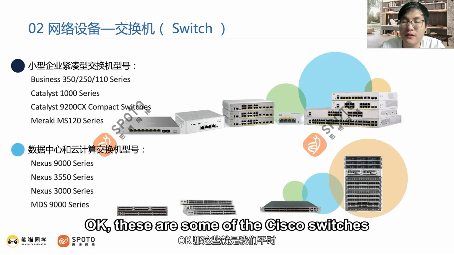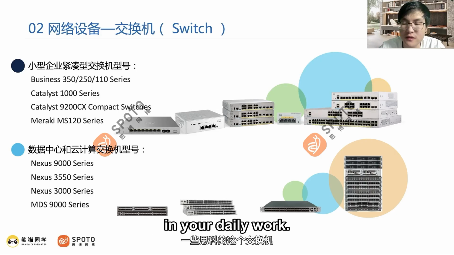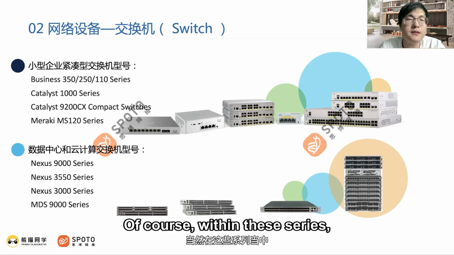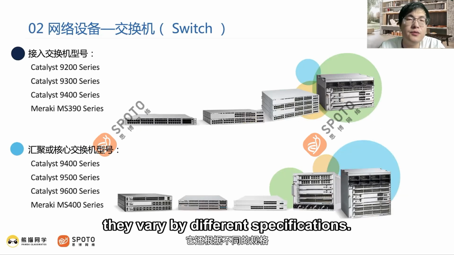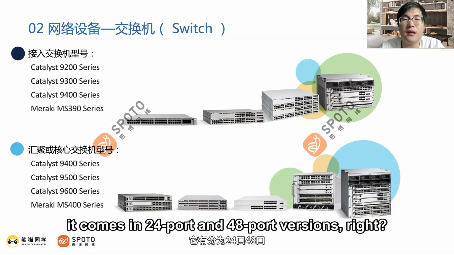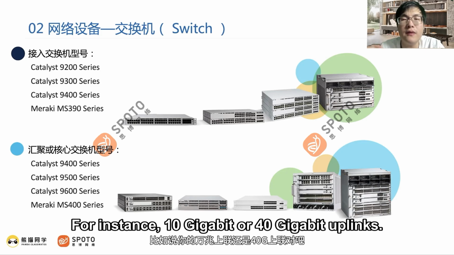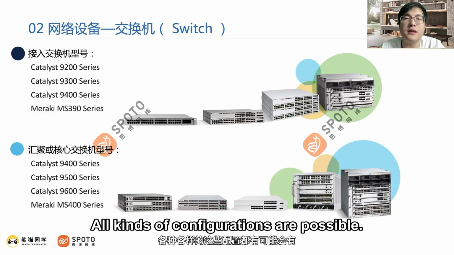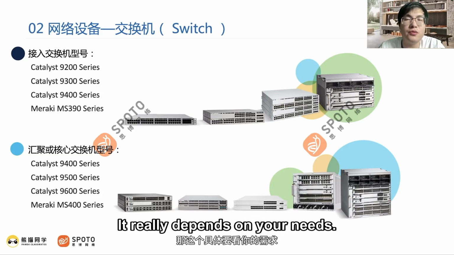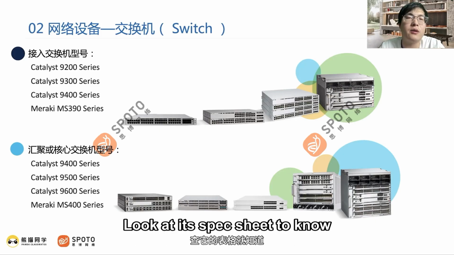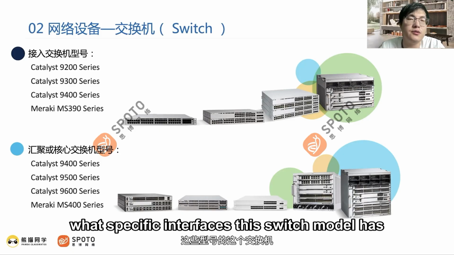Okay, these are some of the Cisco switches you might come across in your daily work. This is their product. Just get a general understanding for now. Of course, within these series, they vary by different specifications. For example, within the 9300 series switch, it comes in 24-port and 48-port versions, right? Also, it has uplink ports. For instance, 10 gigabit or 40 gigabit uplinks. Right? And whether it has PoE functionality. All kinds of configurations are possible. It really depends on your needs. Specifically, check its datasheet. Look at its spec sheet to know what specific interfaces this switch model has, and which